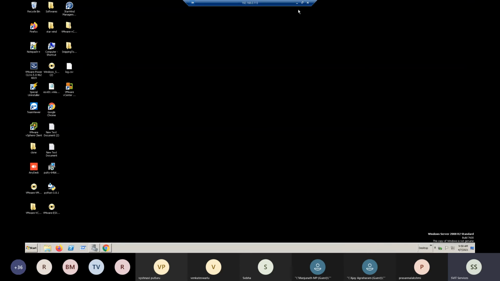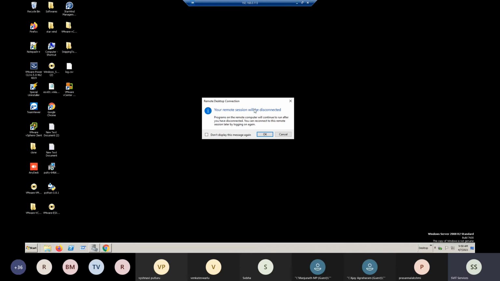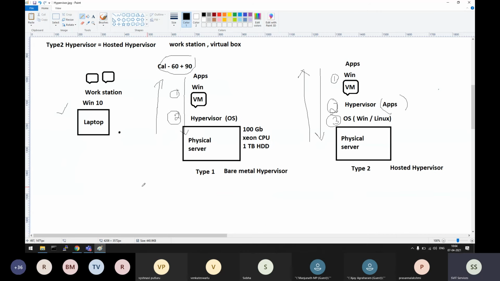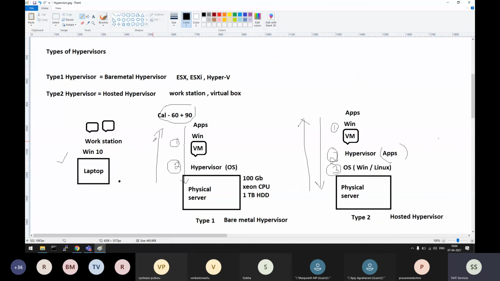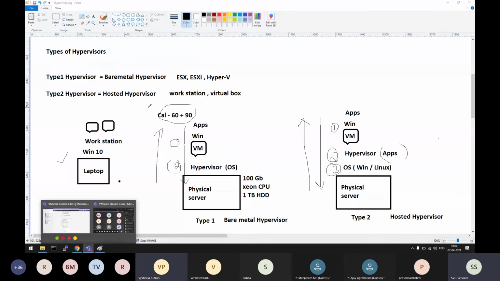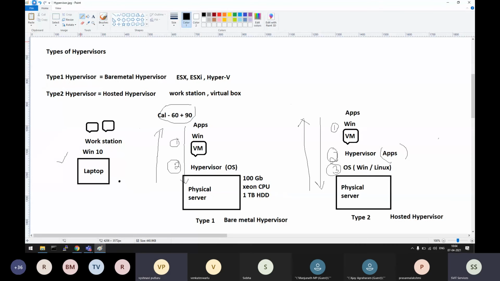It's not installed here to show you how Workstation works. Okay. Any questions? Sir, do you provide any notes on this class? Yes, I'll share these screen images and also a soft copy, which will have whatever theory we are discussing.